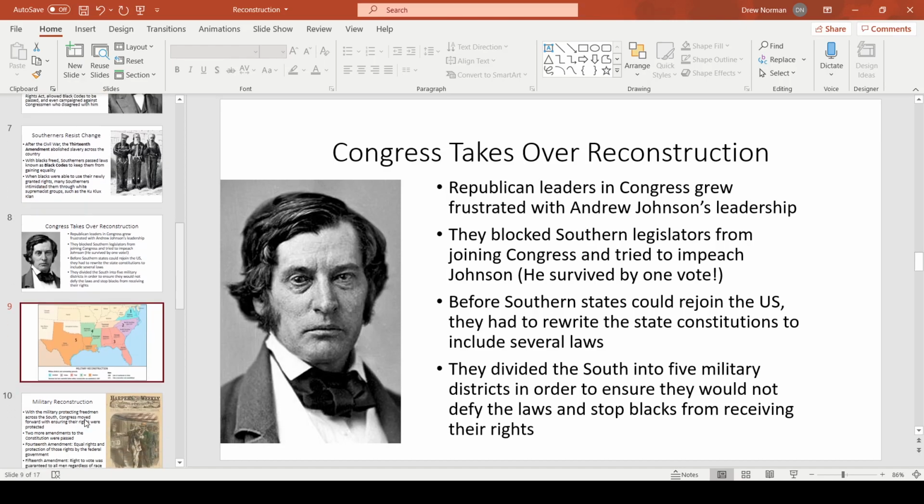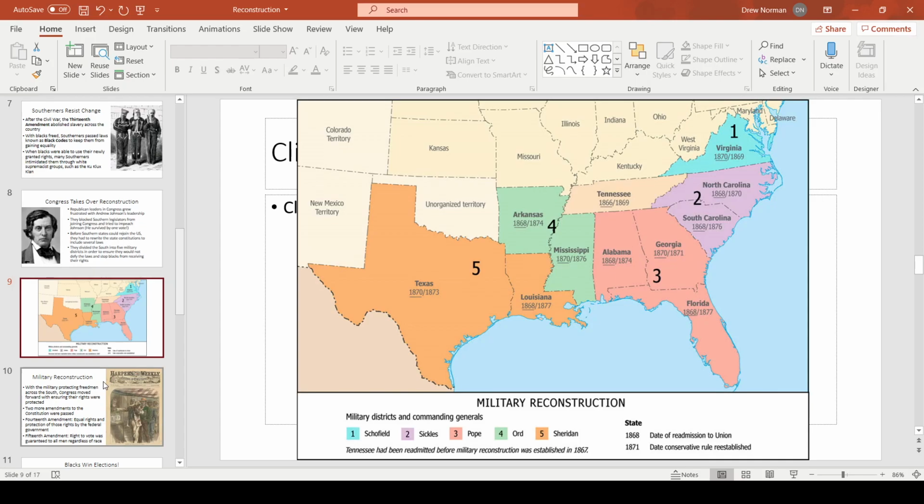South into 5 military districts. So you can see here you have the South divided into 5 districts. For Tennessee, the reason why it's not in one of those 5 districts is because it rejoined the United States very quickly after the war ended. But for these other southern states, they held out, not wanting to accept these new laws which treated blacks as